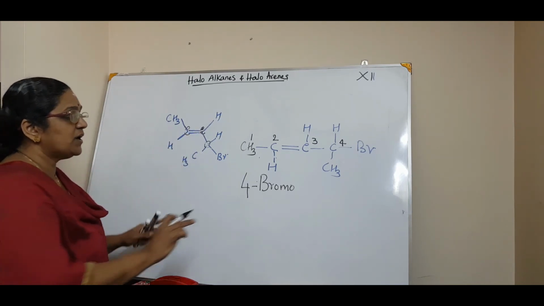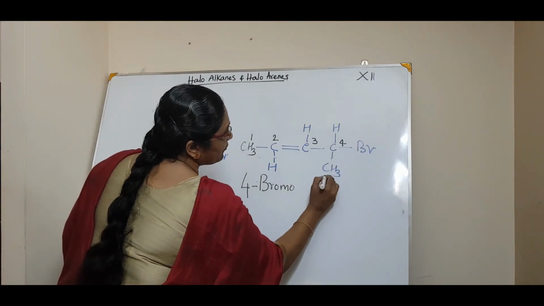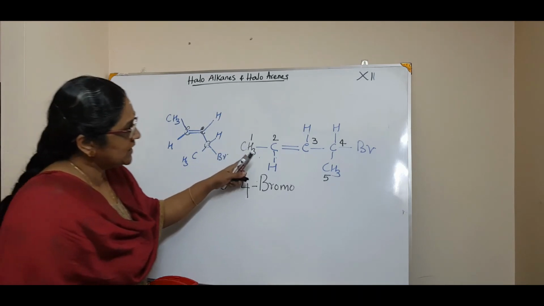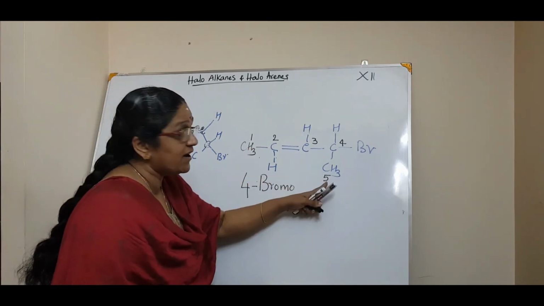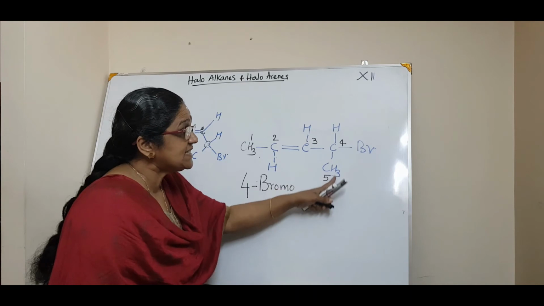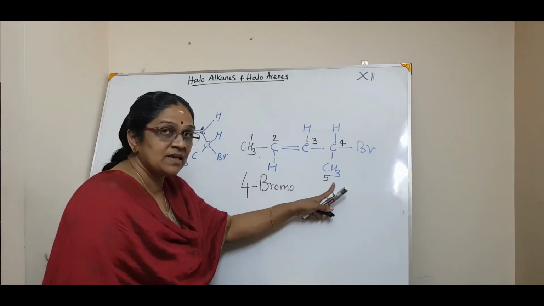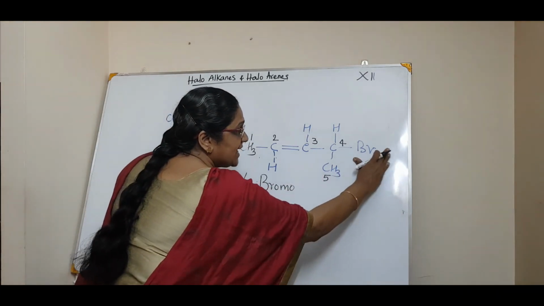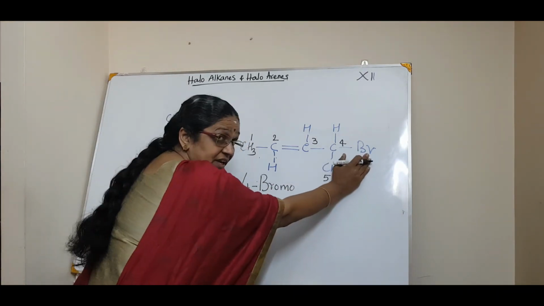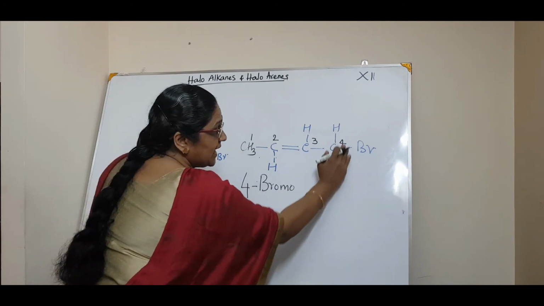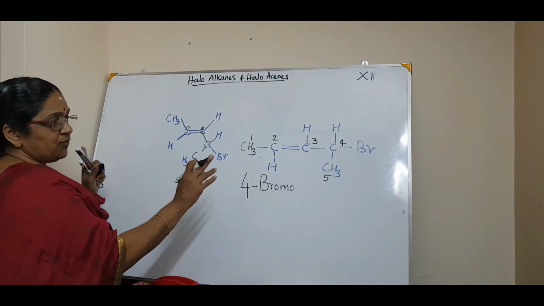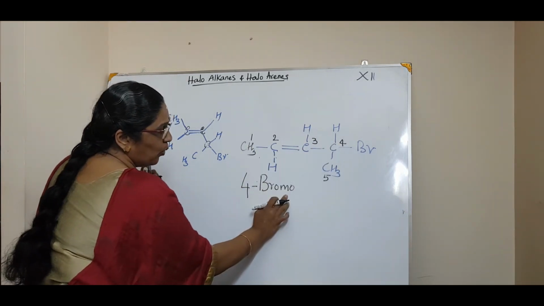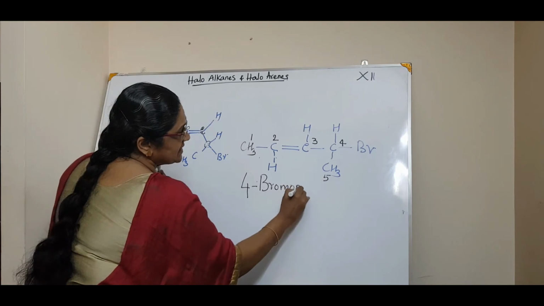No, I'm really sorry. You can have 5 here, right? If you say the longest chain, you can have this 5 also, because it is a terminal carbon atom. If you stretch like this, I can write this bromine here and CH3 here, no doubt. So still I can say it is 5. So I can write 1, 2, 3, 4, 5, 4-bromo. Then 5 means pent.